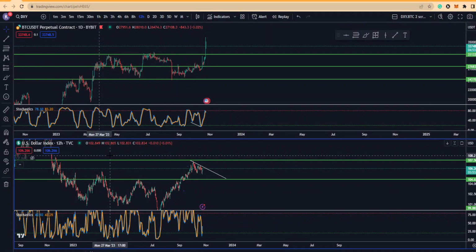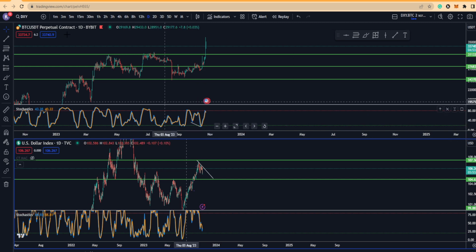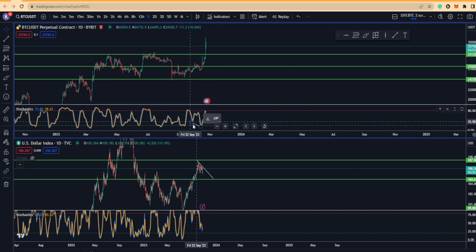So, shorter time frames, comparing with the Dixie chart in particular, with Bitcoin on the daily time frame, we're seeing that we were putting in a lower high on the stochastic oscillator, while on price action we were putting in a higher low. This indicates a trend change in direction, which led us to roughly $36,000,